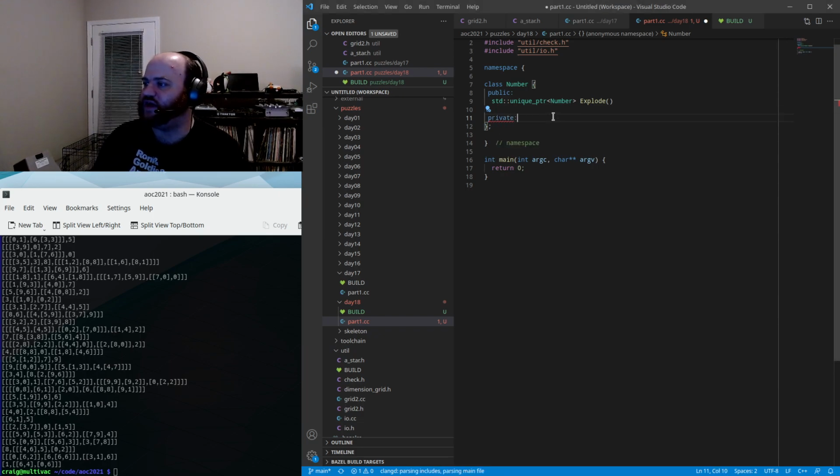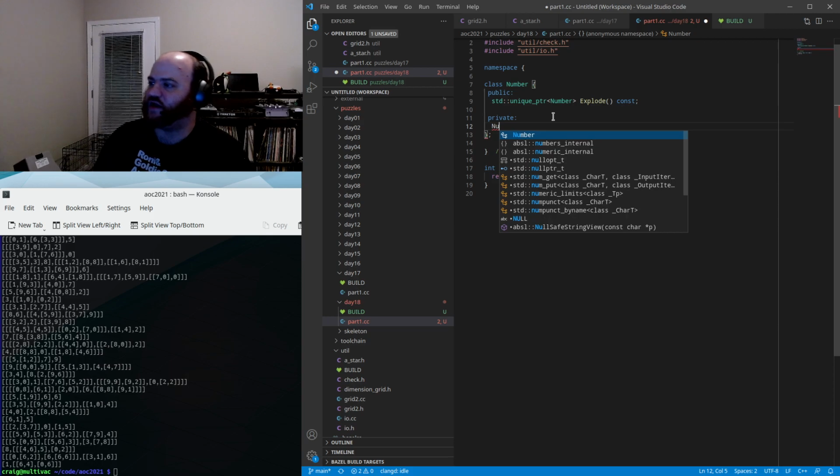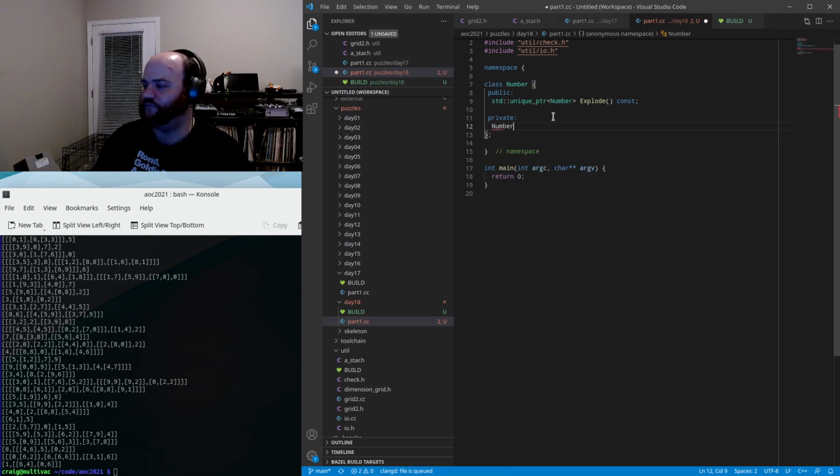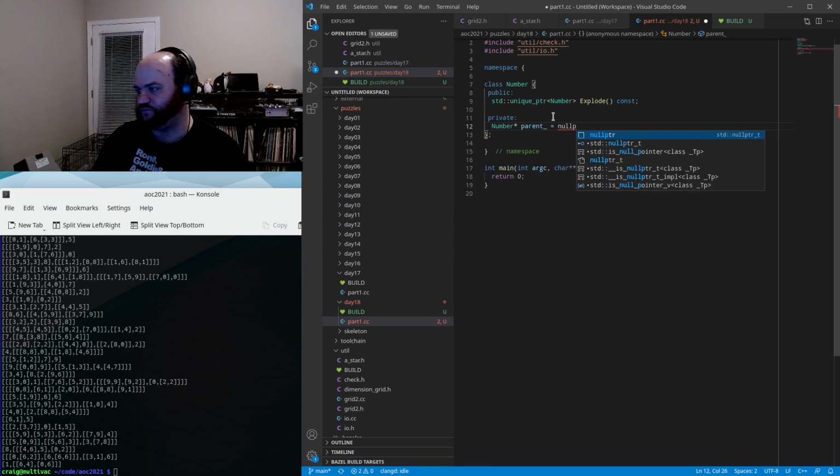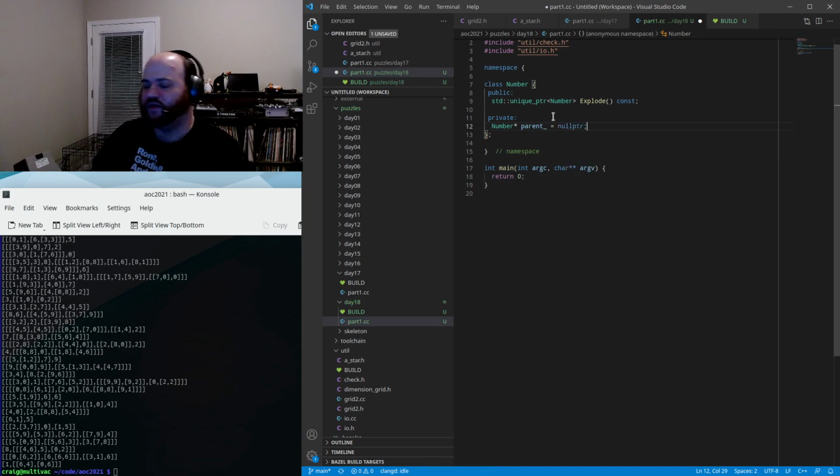So in the private section, we are going to keep track of a parent, which is if there is a pair that contains this pair, then we'll do that. So we can backtrack up the tree and try and find a right sibling. So